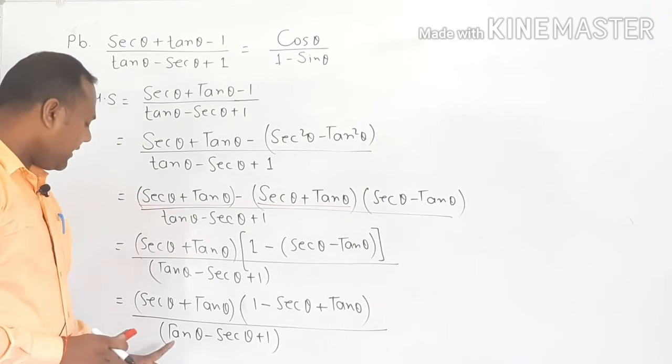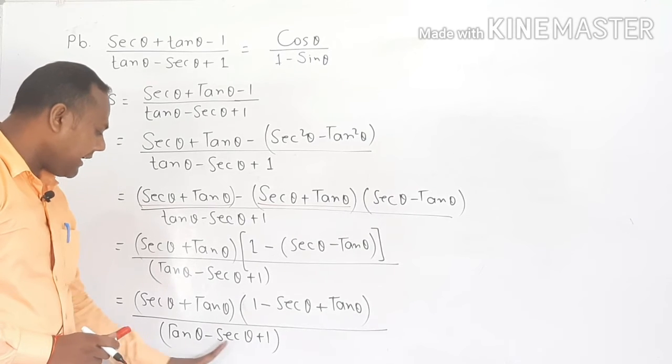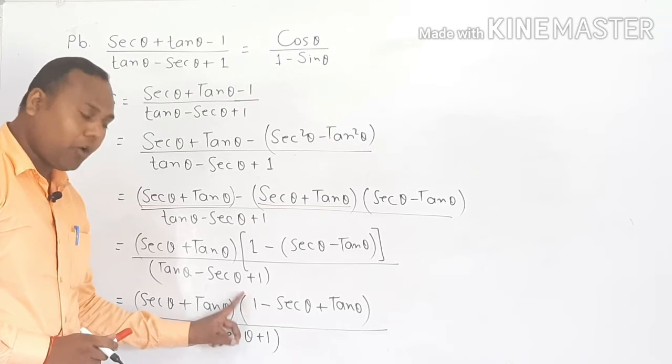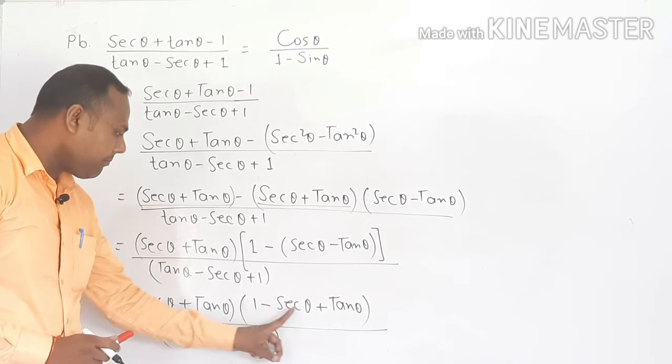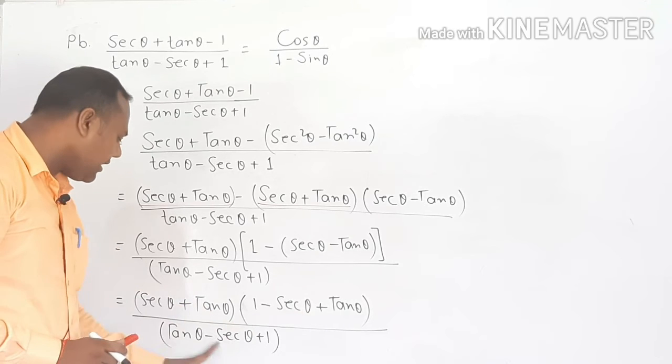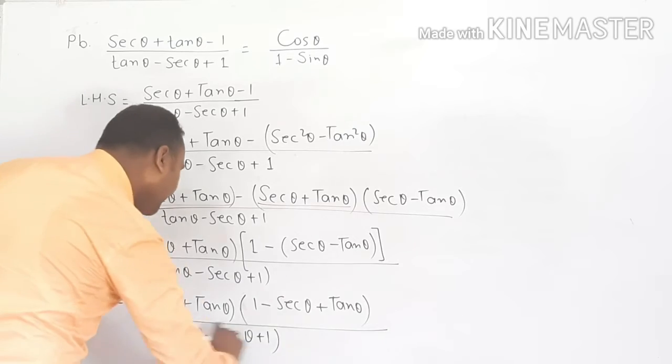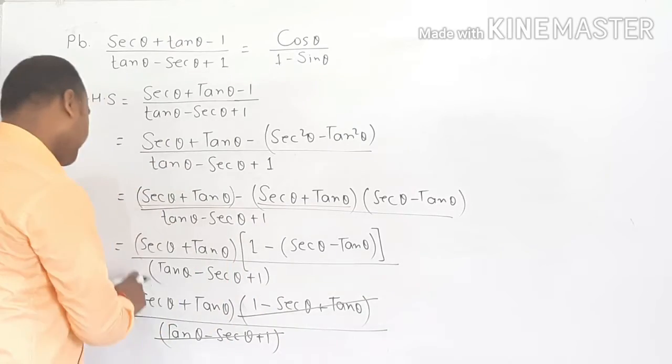If you concentrate, tan θ is present here, minus sec θ is present here, plus 1 is present here, which means here also plus 1, minus sec θ and tan θ are present. That means these terms cancel out with those terms. After that